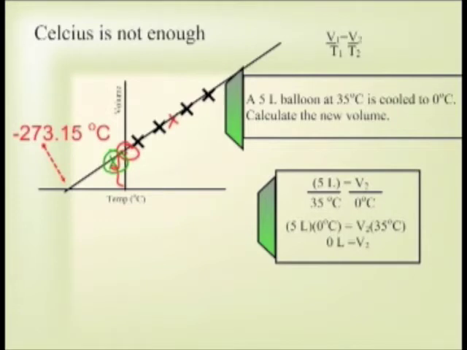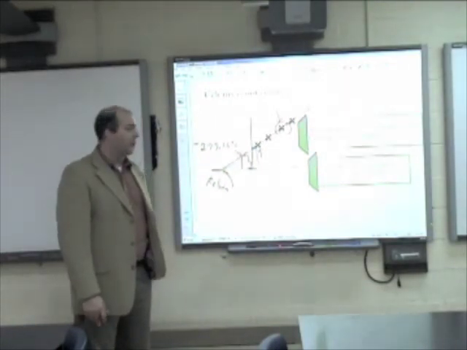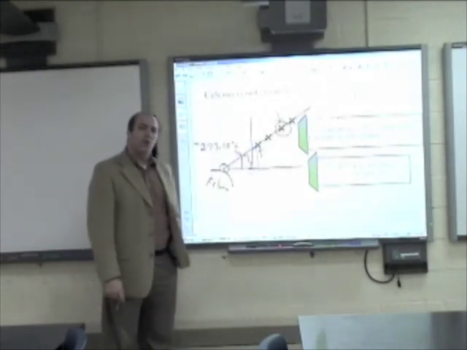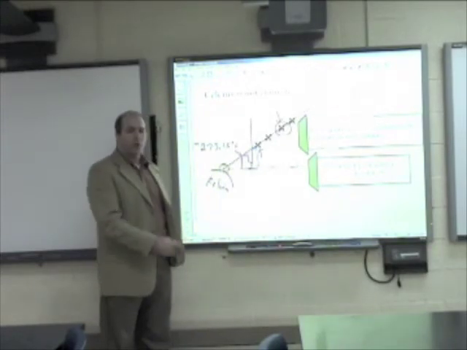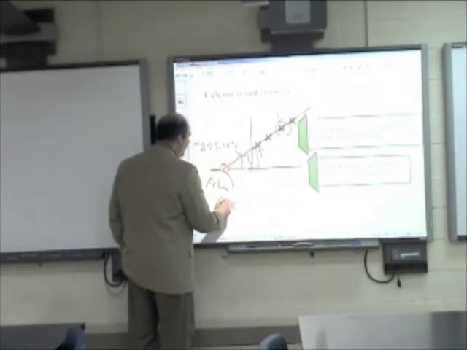And Lord Kelvin did that. It turns out that the point where all motion stops is 273.15 degrees Celsius below 0. And so Lord Kelvin said, well, gosh, if we can't ever get to absolute 0, maybe that should be the point where we start our new scale. That way we'll never have to worry about dividing by a negative. We'll never have to worry about dividing by a 0. So he called it 0 Kelvin.